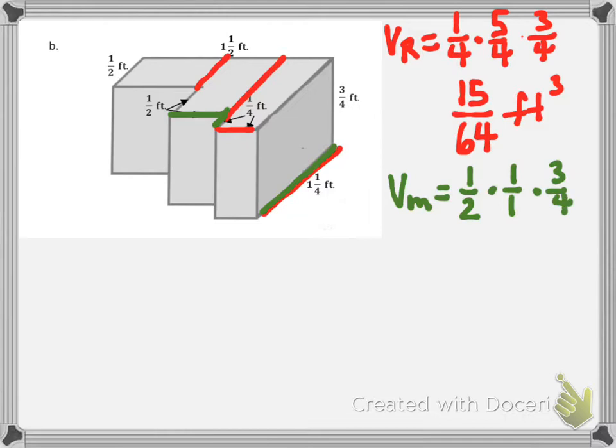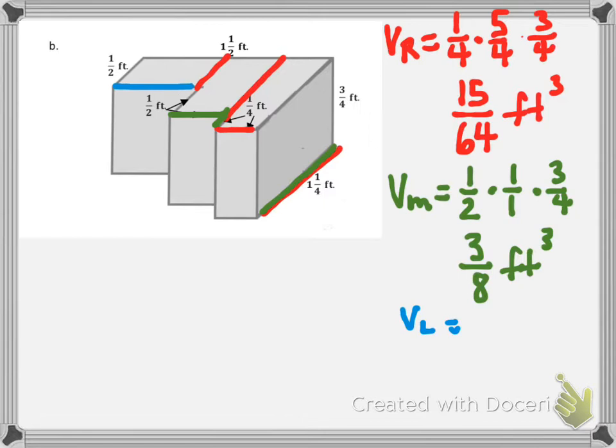Okay, and then this is pretty easy. I can just multiply. 1 times 1 times 3 is 3. And 2 times 1 times 4 is 8. So 3/8 cubic feet is the volume in the middle. And then lastly, we get the volume on the left side. Let's see if we can fit it down here. Volume on the left,